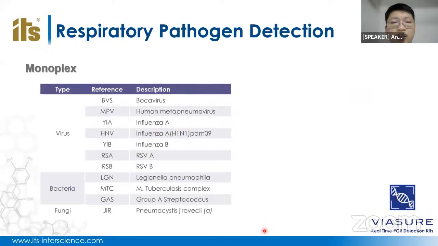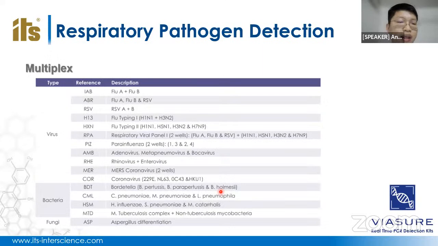In terms of the kit, we supply 3 different formats. One is the monoplex, in case the lab only wants to detect a particular virus and does not want to go for multiplex. We have the monoplex kit. These are the choices: Bocavirus, influenza, RSV, Pneumocystis, the very common MTC, Mycobacterium tuberculosis, and then we also have